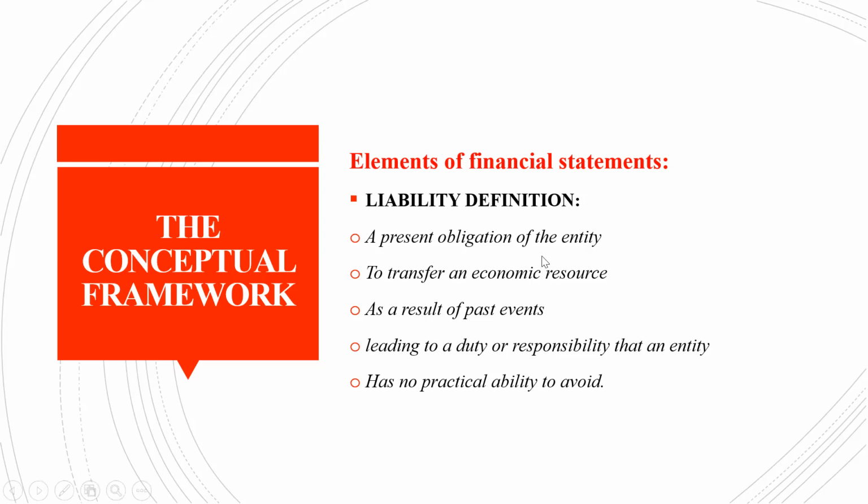So with the liability, it's a present obligation of the entity to transfer an economic resource. So they're obligated to transfer an economic resource, and normally it will be in form of money anyways, as a result of past events, which could lead to a duty or a responsibility that an entity has no practical ability to avoid. So once the obligation is raised, the organization is obliged